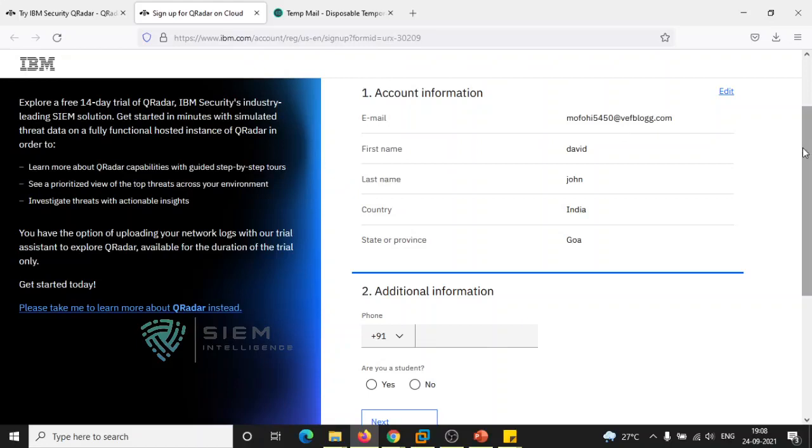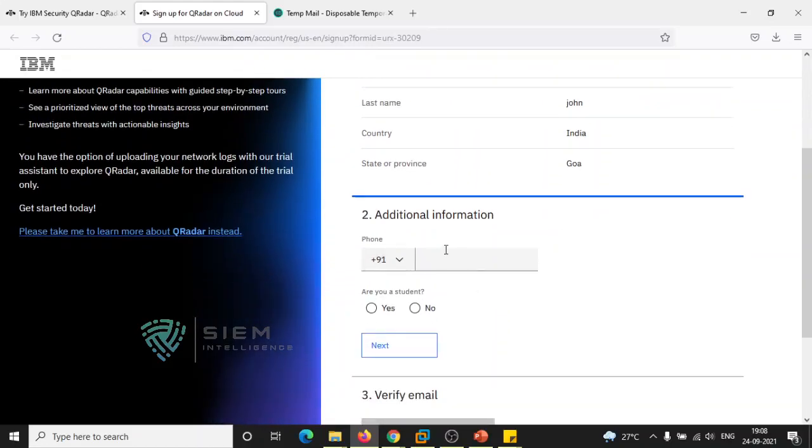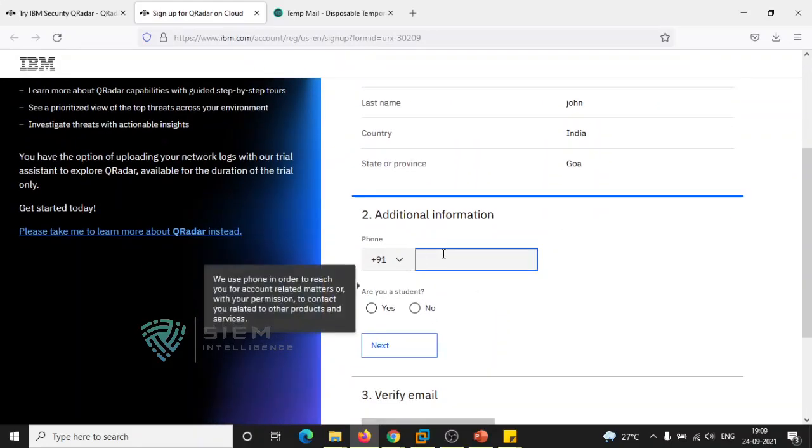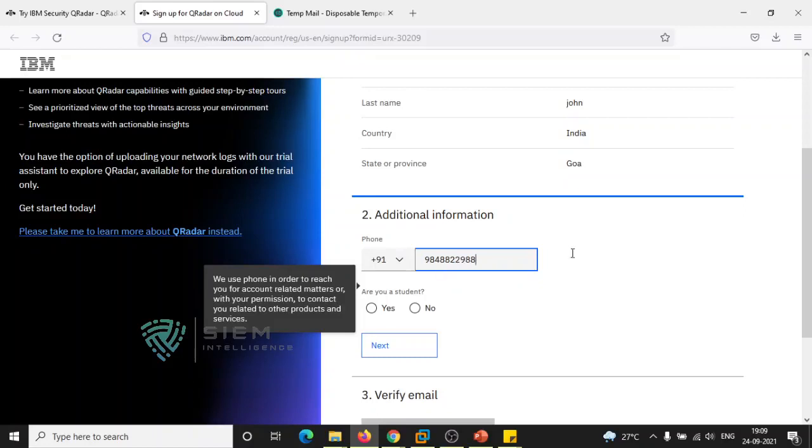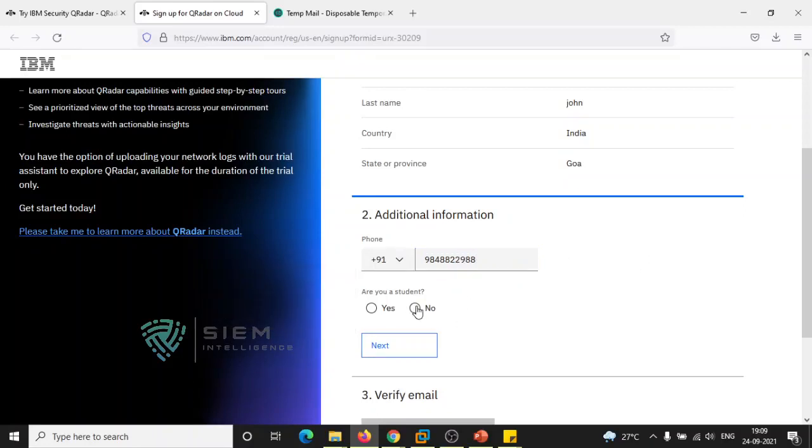Here it is asking for a phone number. It is not mandatory. You can give any number which you know is not used by anyone. No one is using this number, as it is a deactivated number.